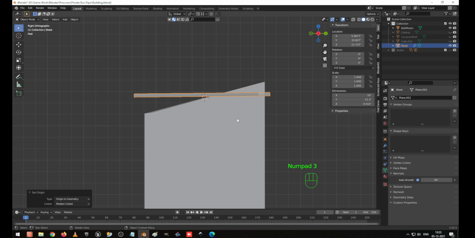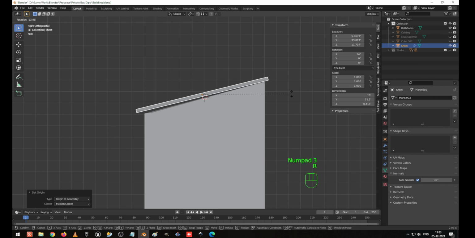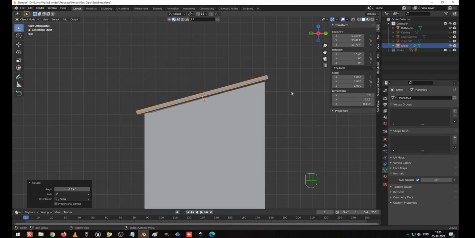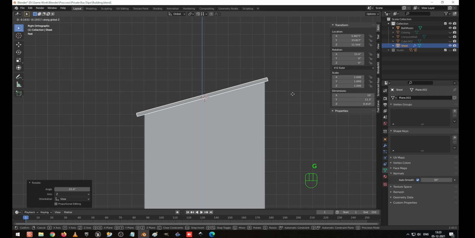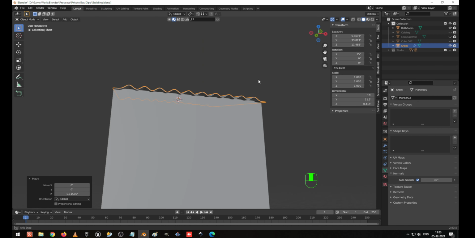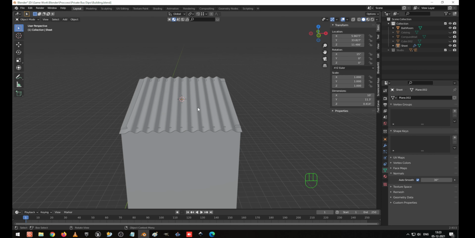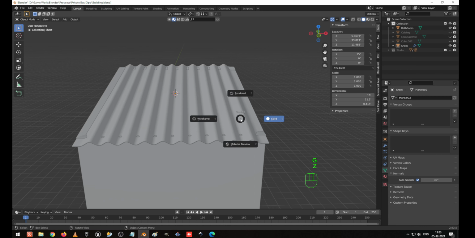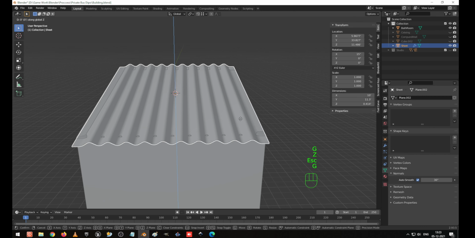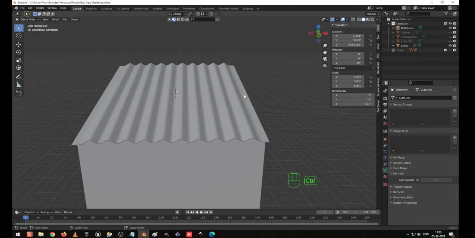Now I go to the front view. I press R to rotate, and G Z to move slightly down, and rotate it, and G Z to move slightly down. So now, okay, G Z, sorry, select this, G Z, move slightly up. Okay, I save it,